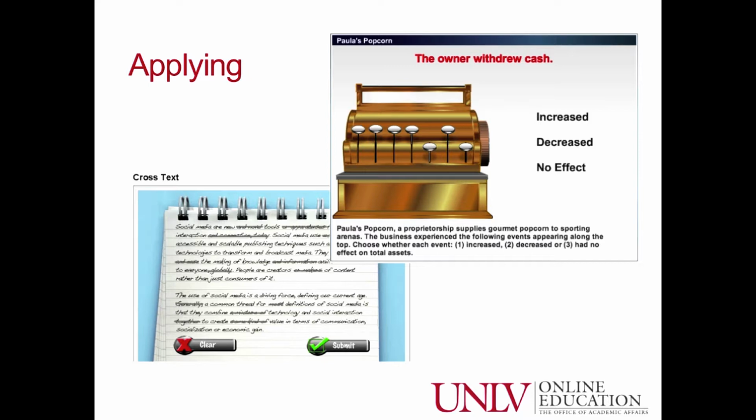Activities in this domain would include such activities as the ones you're seeing on the screen, where students are given scenarios about the concept, and then they get to choose whether words need to be removed from a block of text, or what sort of effect an owner withdrawing cash from the business would have, an increase or decrease effect